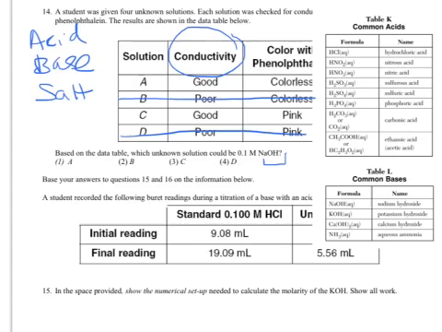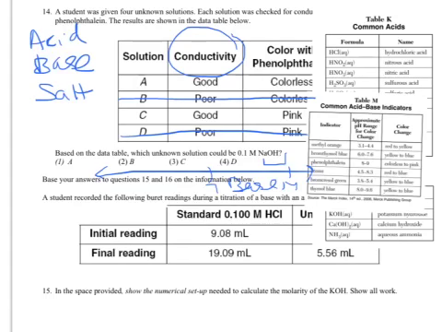Next, we're going to evaluate the color in phenolphthalein. So, since sodium hydroxide is a base, and we imagine our number line or our pH scale, remember that bases have pHs greater than 7. So when we look here at reference table N,